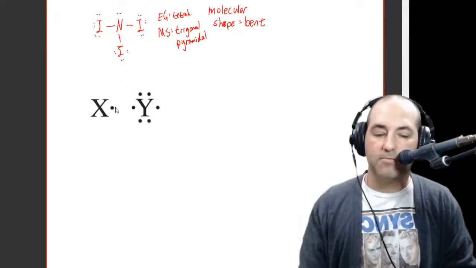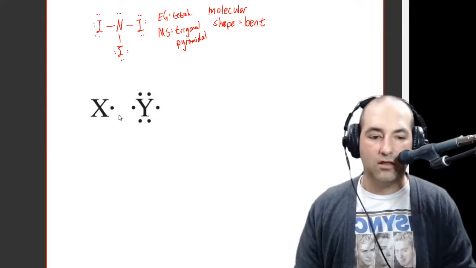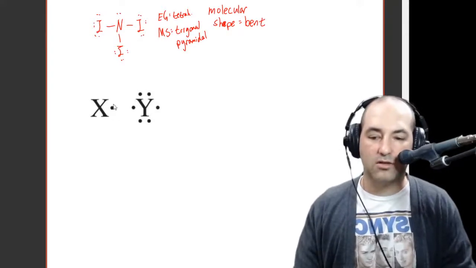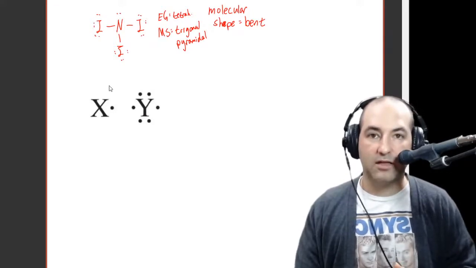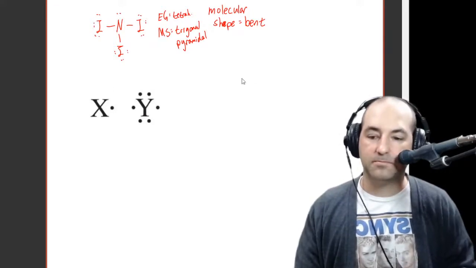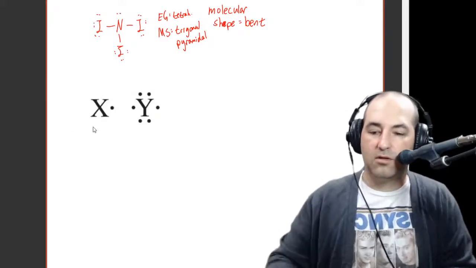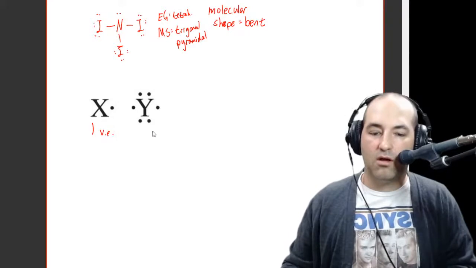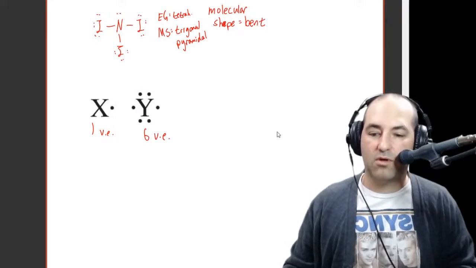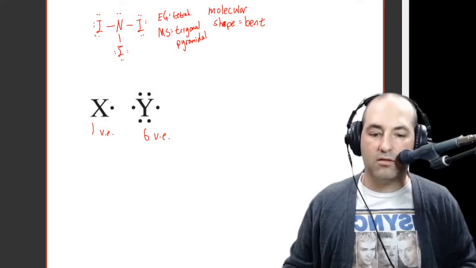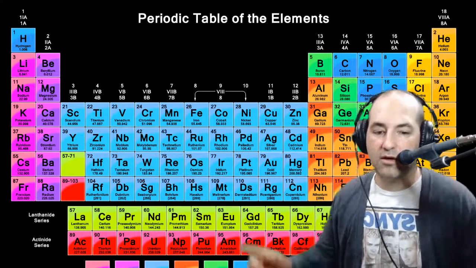So first, remember that the reason that this works, the reason that you can actually do this, is that Lewis structures tell us the number of valence electrons, and the number of valence electrons corresponds to the place on the periodic table. So we would say that X has one valence electron, and Y has 6. So then if we look at our periodic table, we would say, okay, well,